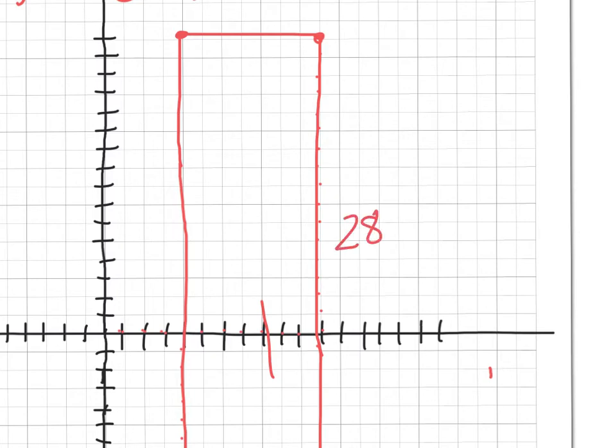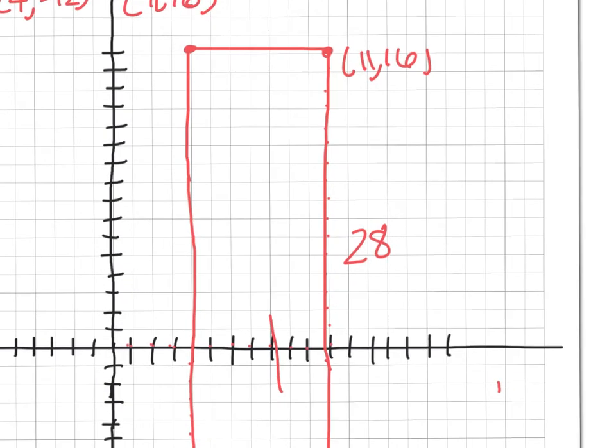So if you don't want to count, you can use your points. You know that you have the point right here, which is over 11, up 16. And that is something you have to find anyways because it wants all the coordinate points. So this would be 11, 16. You know that this point right here will be over 4, up 16. So this would be 4,